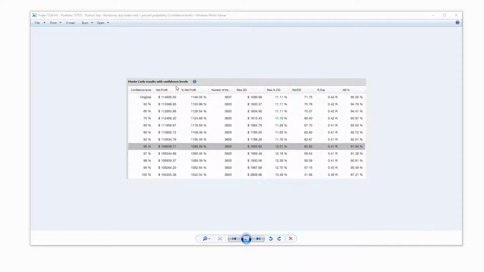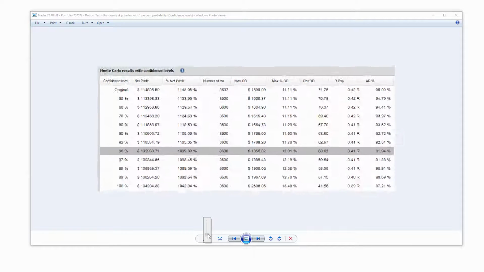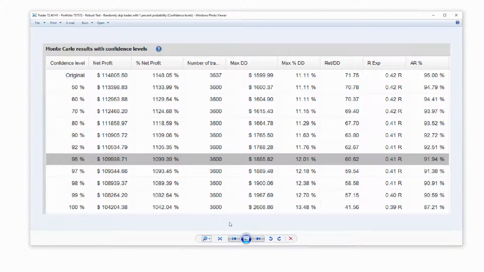Okay, so this is the table that you get from Monte Carlo results, kind of a robustness test. Let me see if I can zoom a bit for you. I hope the text is not distorted too much. So here's the original result, and we had a drawdown of $1,600,